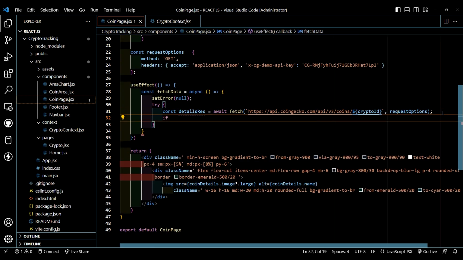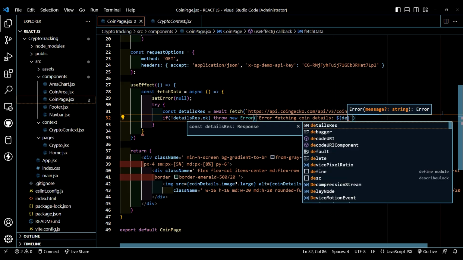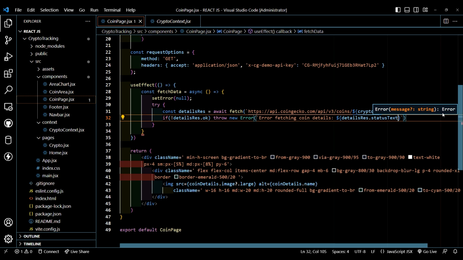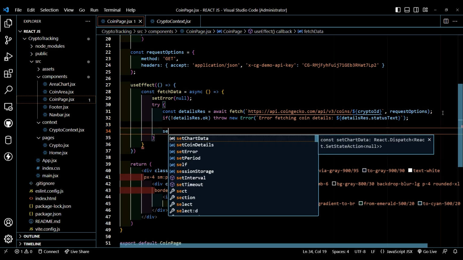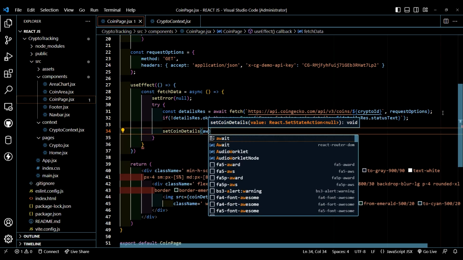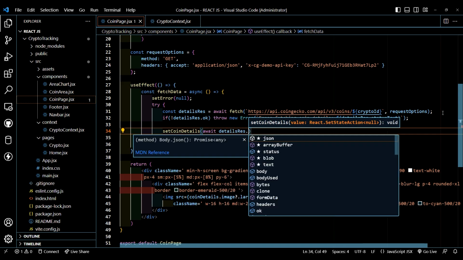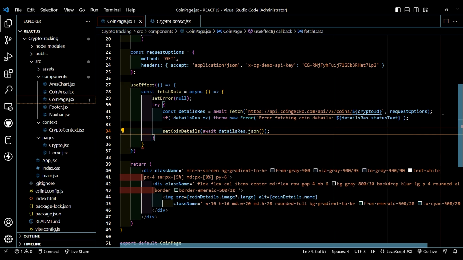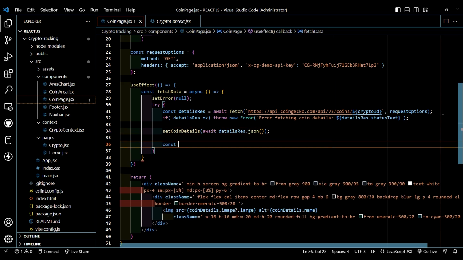Now after this, let's type if detailsRes.notOk, then throw new error, that is, let's type error backtick error fetching coins detail, then let's type detailsRes.statusText, then let's type setCoinsDetail will be await detailsRes.json format, then let's type const